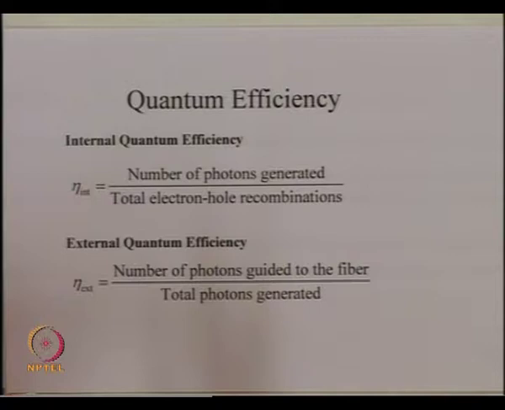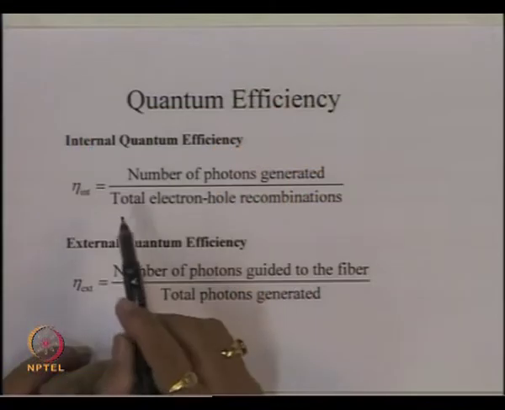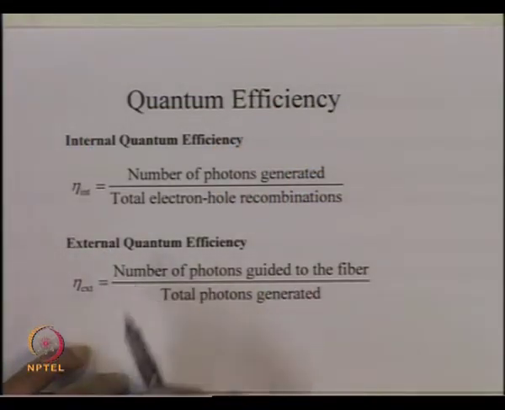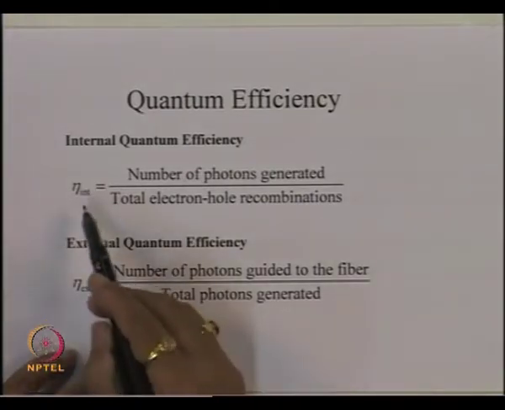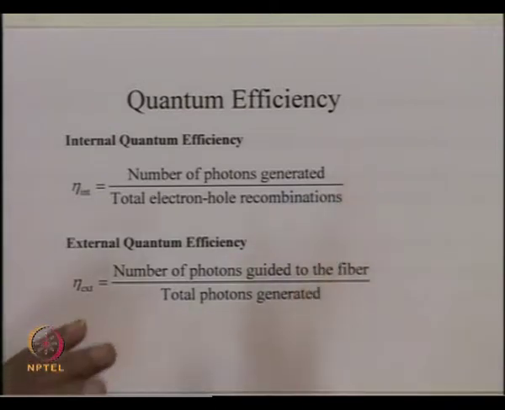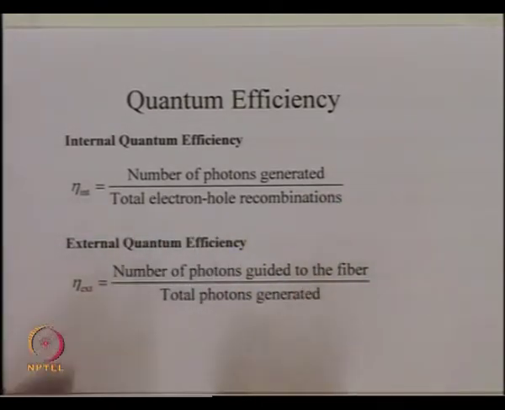The second quantity is what is called the external quantum efficiency, which has something to do with the capturing of the photon which is generated. So, I can define these quantities, the internal quantum efficiency and the external quantum efficiency, as follows. The internal quantum efficiency is the total number of photons generated inside the device divided by the total electron hole recombinations,